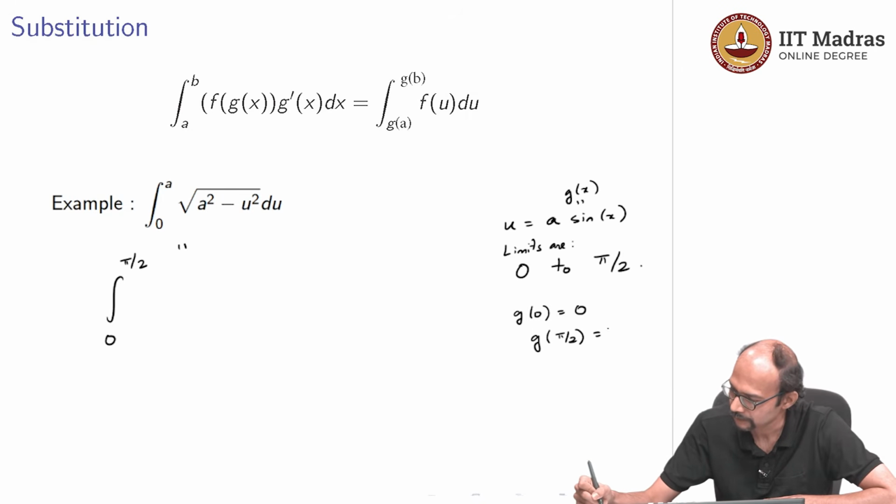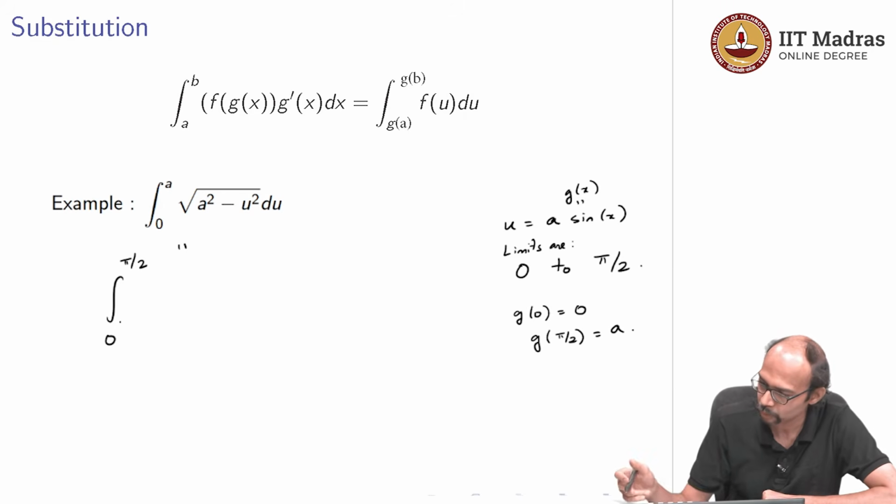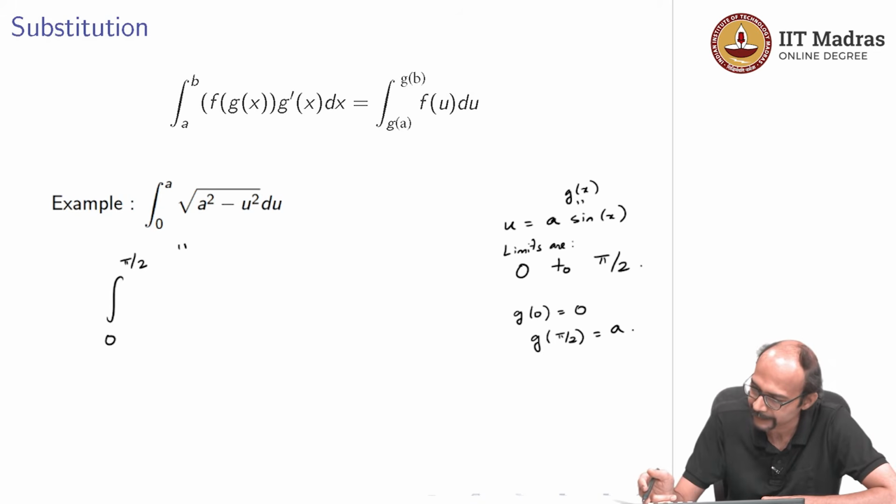It's a times sine of pi over 2. We know sine of pi over 2 is 1. So a times 1 is a. So this is in the form that we have on the right, and so we will apply the form on the left. We will equate it to whatever is on the left, and so what we will get is 0 to pi over 2